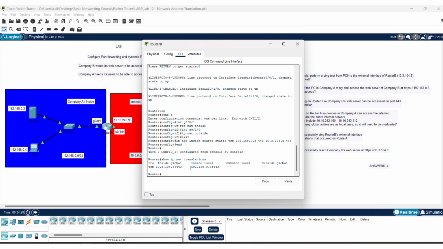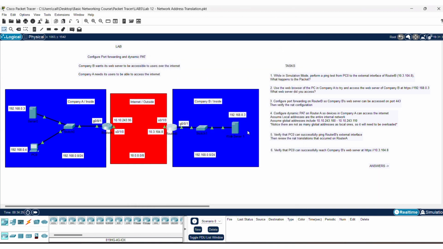We'll go ahead and push that into our network on 192.168.0.3 on the same port. So we can move on now to our next task, which is task number 4. It says configure dynamic path on router A so devices in company A can access the internet. Assume the local addresses are the entire internal network, and assume the global addresses include